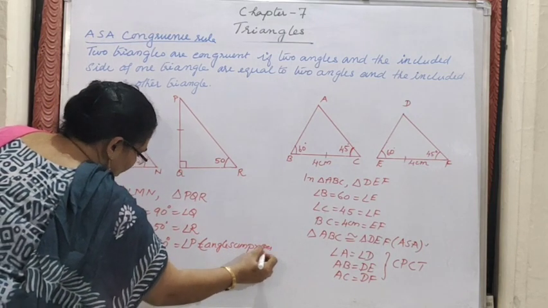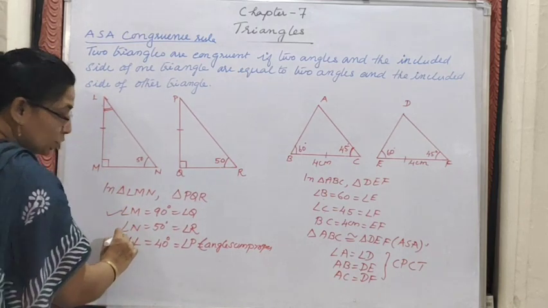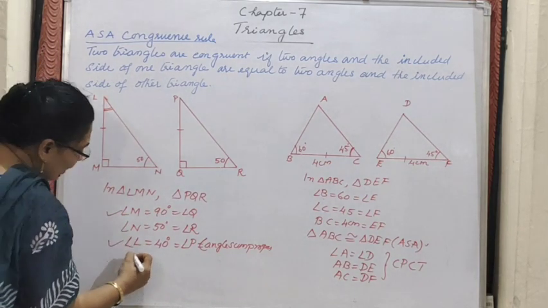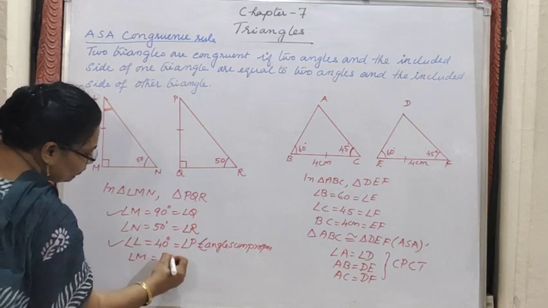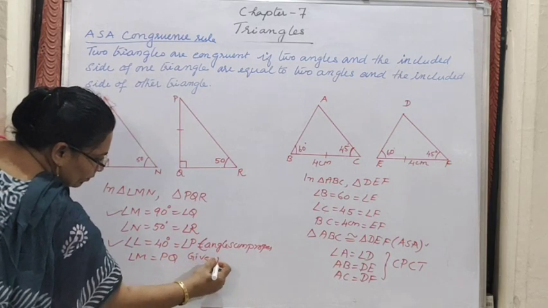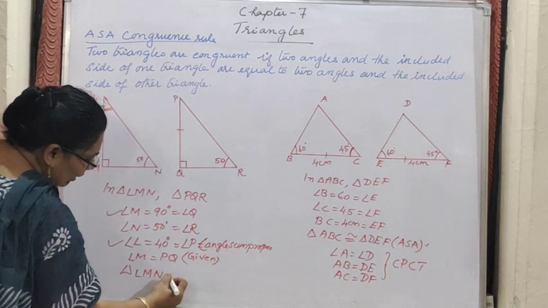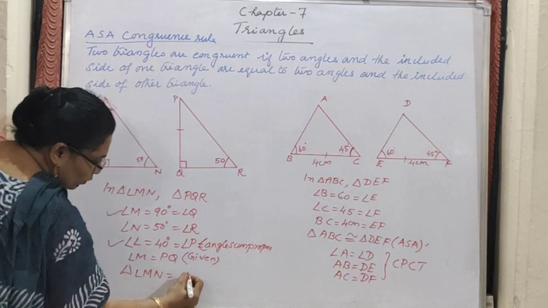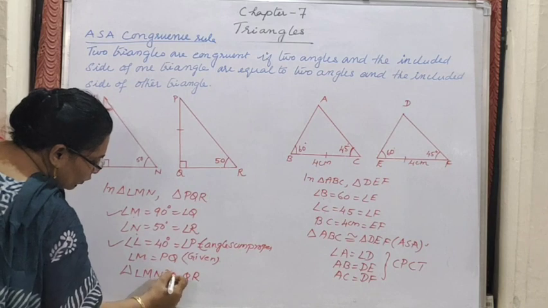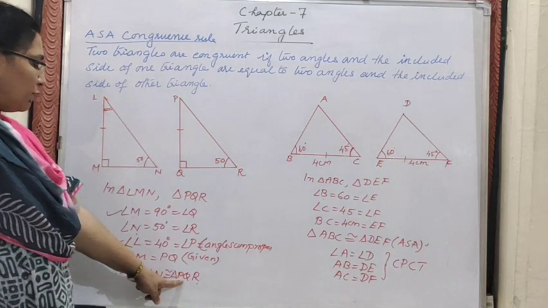Angle sum property. So we have taken L and M as the criteria. If we have chosen L and M, then we can write side LM equal to PQ, whose measurement is not given, so just write it as given only. Okay, so we can write triangle LMN equal to, for M which angle? It is Q, for N, R. So naturally, what is the third angle for L? Triangle PQR we will get, because L corresponds with P only.